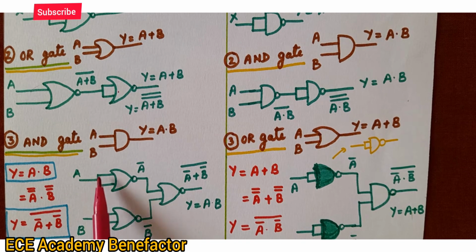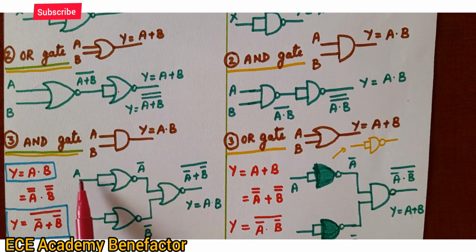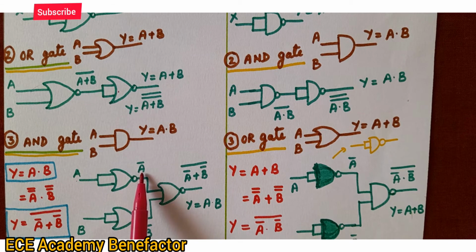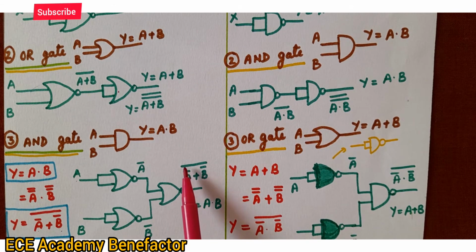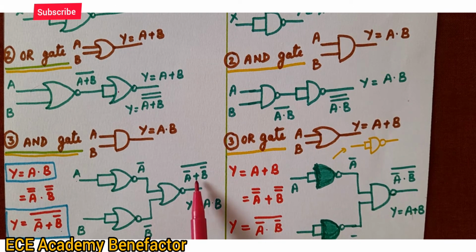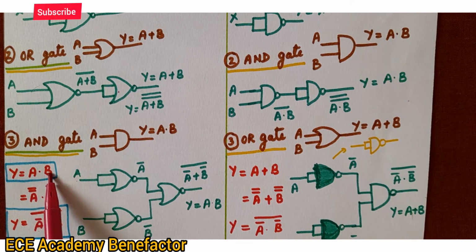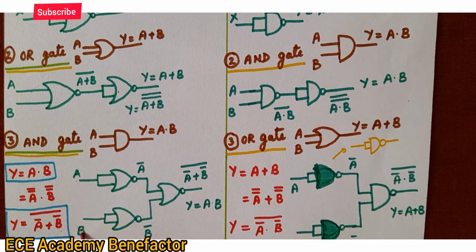By a NOT gate. So this is a NOT gate. You are giving input A, it will come as A bar. When the input is B, when passed through a NOT gate, it will come as B bar. So you got A bar and B bar also. What do you have to do? You have to pass through a NOR gate to get the expression A bar plus B bar the whole bar. So what is A bar plus B bar the whole bar? A dot B. So by this circuit we can get an AND gate using a NOR gate.